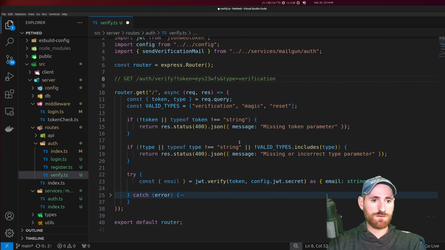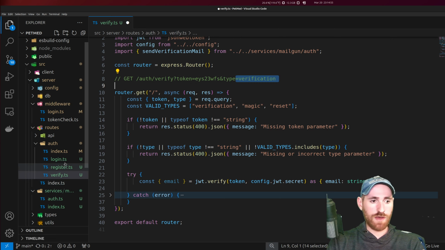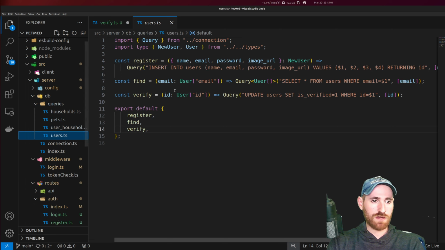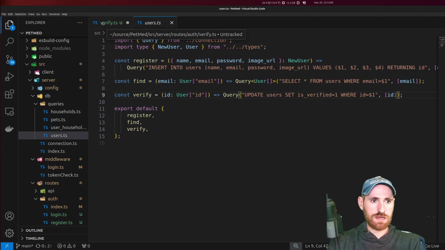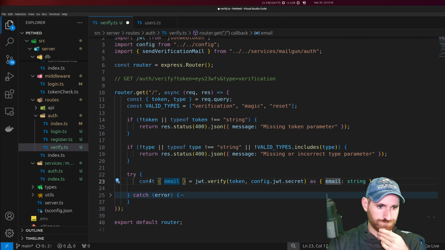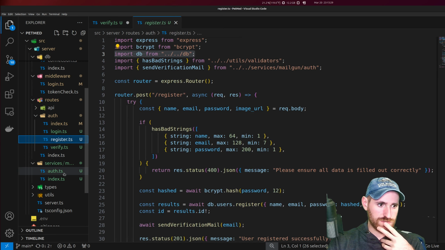And so if it is a verification link, what I want to do is go ahead and verify that account. So I need to come over here. We do have a verify function. Doesn't mean I have to find the user first. I guess in the token, we could also encode the user's ID. So otherwise, if we're only encoding the email in there, I would have to find the user first in order to get their ID and then do it. So we would just double up on queries here. So what I will do is,